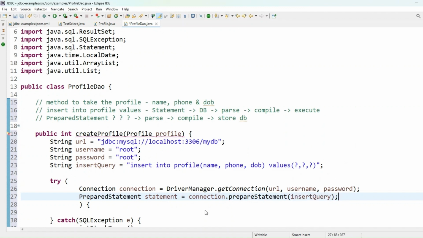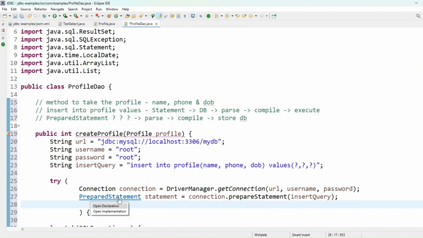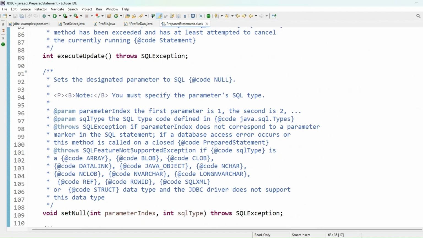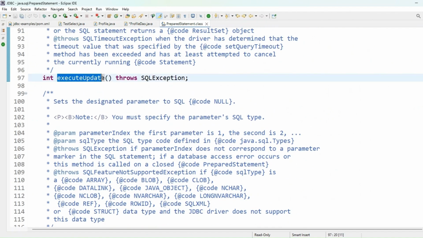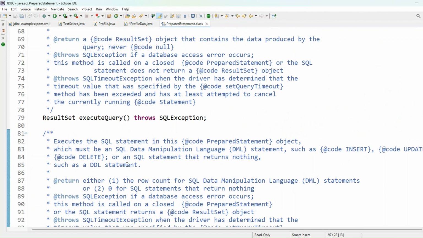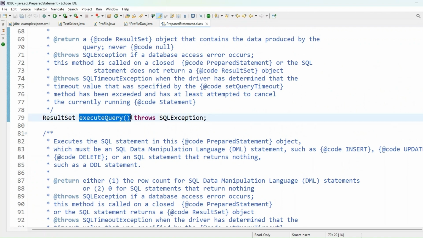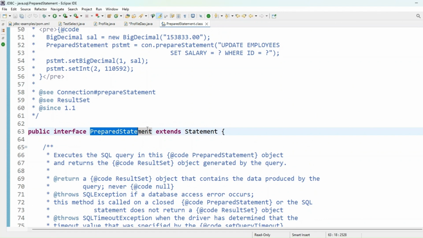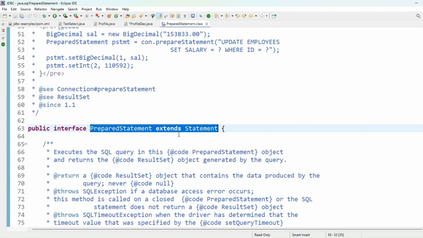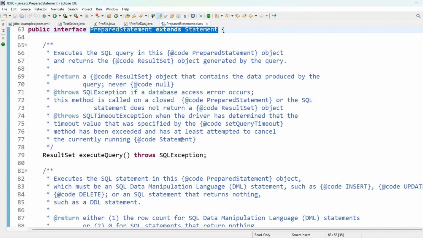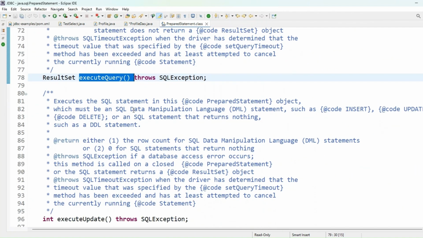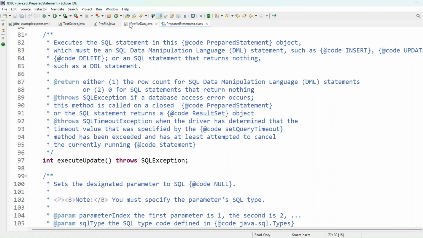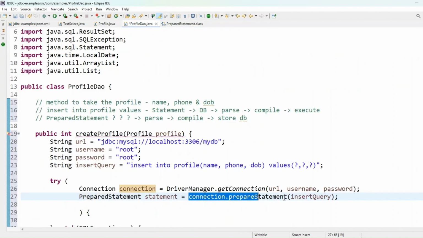You need to pass the query. And remember, you should not execute this query because it has the question marks. We have to execute after setting the values to the question marks, and the prepare statement has some setter methods. If you go to the prepare statement, look at this. There is an execute update, but it is not taking the query. There is an execute query. It is not taking a query as a parameter. Prepare statement is an extension to the statement. But statement was actually passing the query when it is calling the execute. But prepare statement doesn't do that, because at the time of creating the prepare statement itself, you pass the query